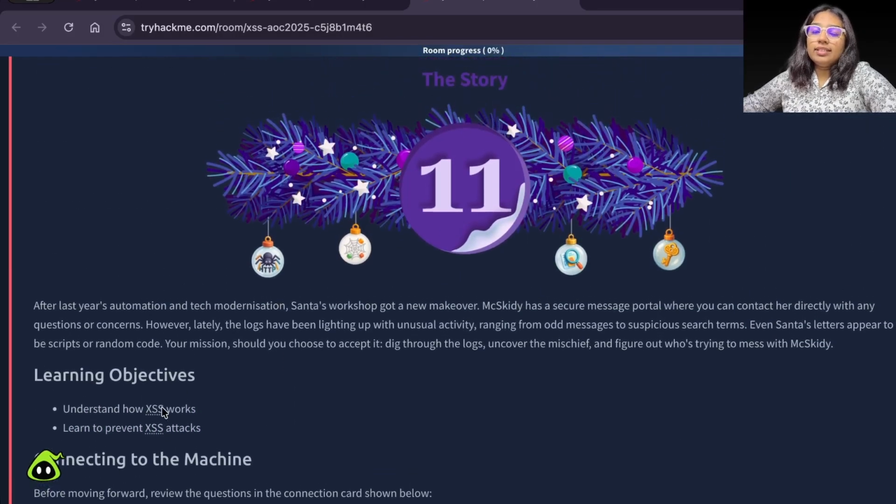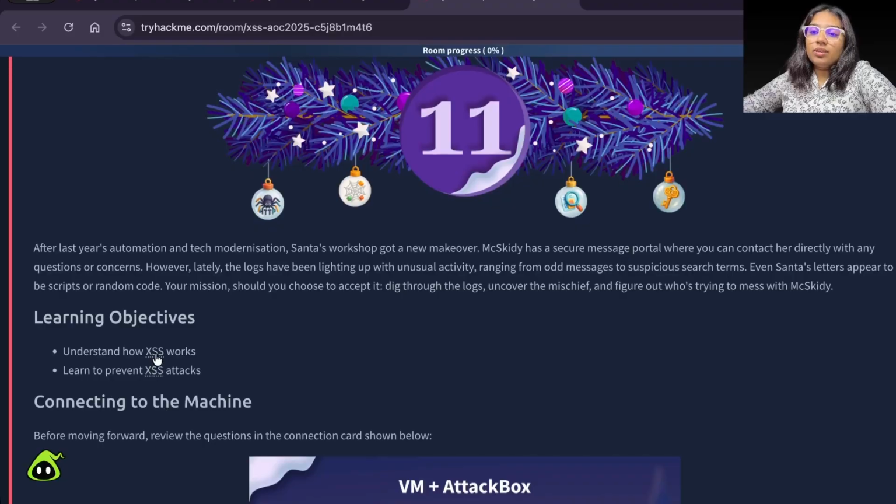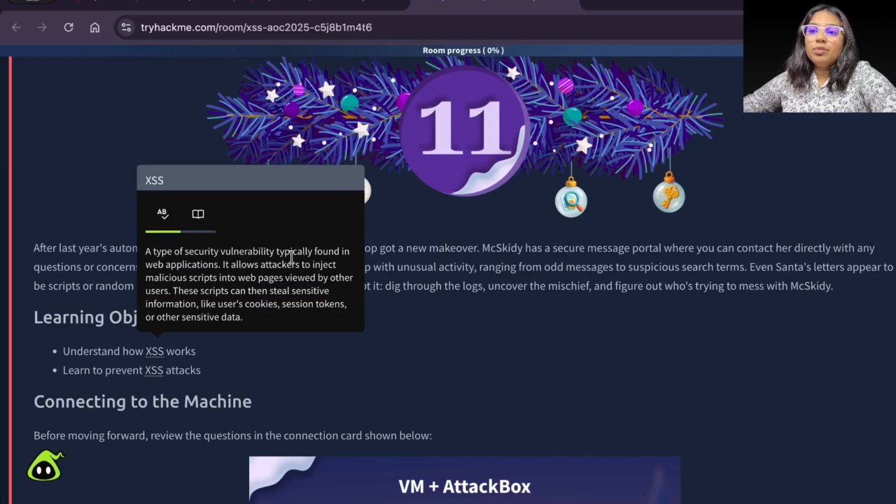What is XSS? It stands for cross-site scripting. It's a type of security vulnerability typically found in web applications where you have input forms, like an input field that expects users to enter some form of text. It also allows attackers to run malicious code through that text form. Now if you enter a script tag from HTML,